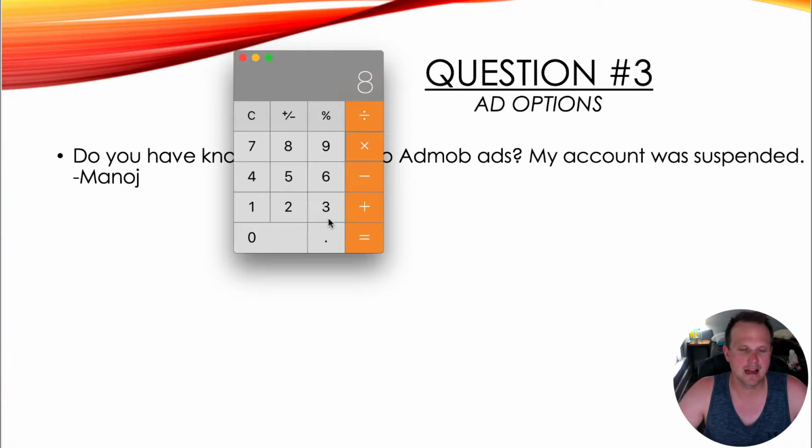So 8 times 8, well, that's 64. Okay, so if $15 eCPM compared to 120 or whatever I just typed in, it's 8 times better. So if I would have been using some of the methods that I've been using now, and getting higher eCPM, that $8,000 could have been $64,000, and it's just crazy to me.